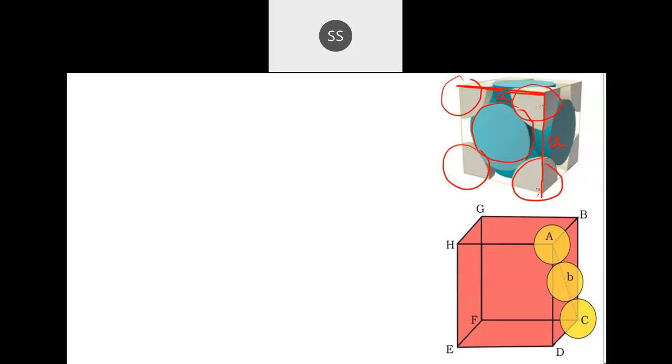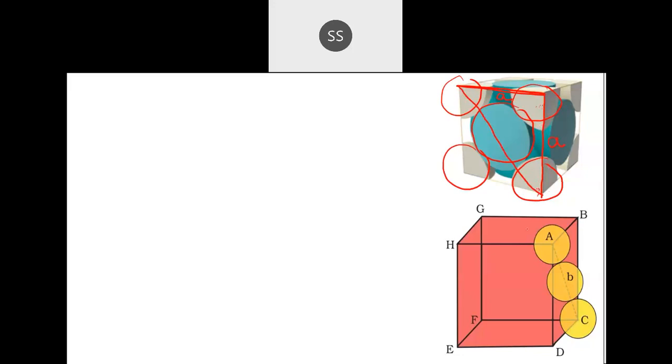So this one you can't consider now. Even if the sides are equal, I can't get the A and R relationship. So if you want R, where exactly are the atoms in contact? Here, this side you see. On this face, you can see atoms are exactly in contact. So face centered means on the face the atoms will be in contact with each other.